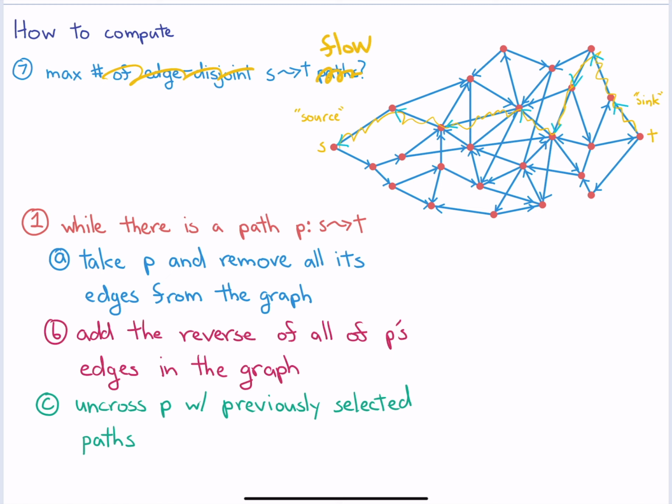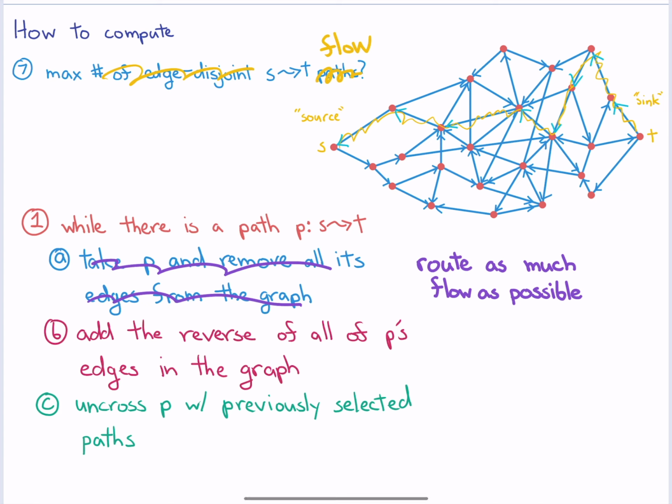And now, if I find a path from S to T, instead of taking the path, what I'm going to do is route as much flow as possible along P. Okay, so what does that mean? So if I have some flow,